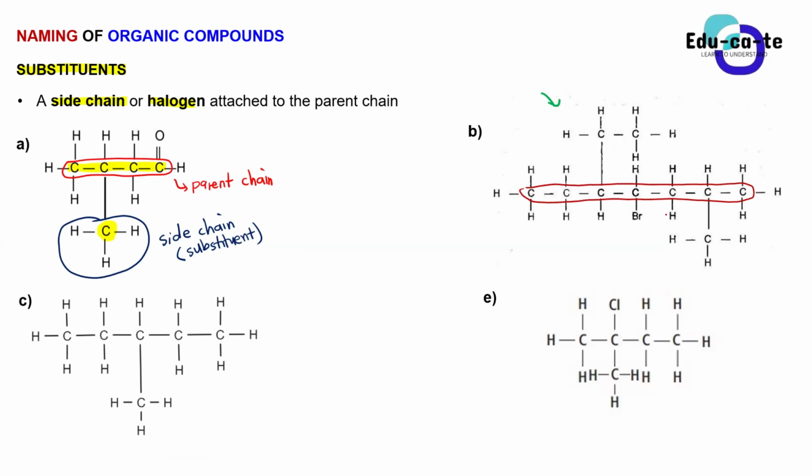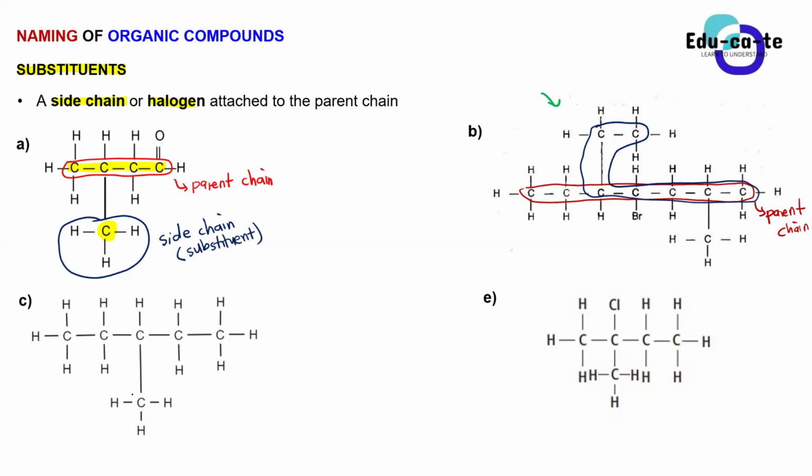Yes, sir. So this is our parent chain. Even if you were to count it from this way, guys, even if you were to highlight it from here and say that it starts here and it moves and goes there and comes back, this will still be 7 coupons as well. This can still be the parent chain as well.